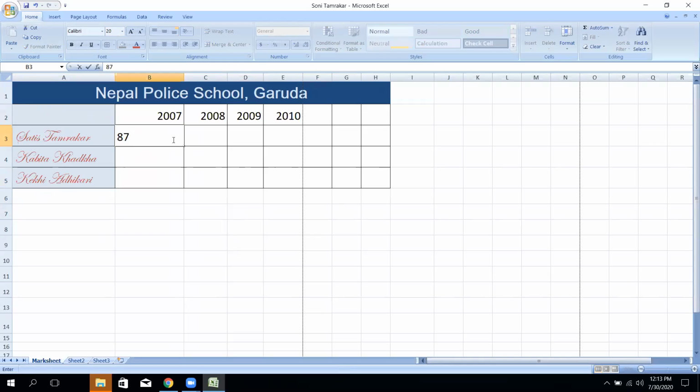Okay, then 66%, then 89%, and in 2010 it is 99.9%. It's the accuracy of the increment of the related students.